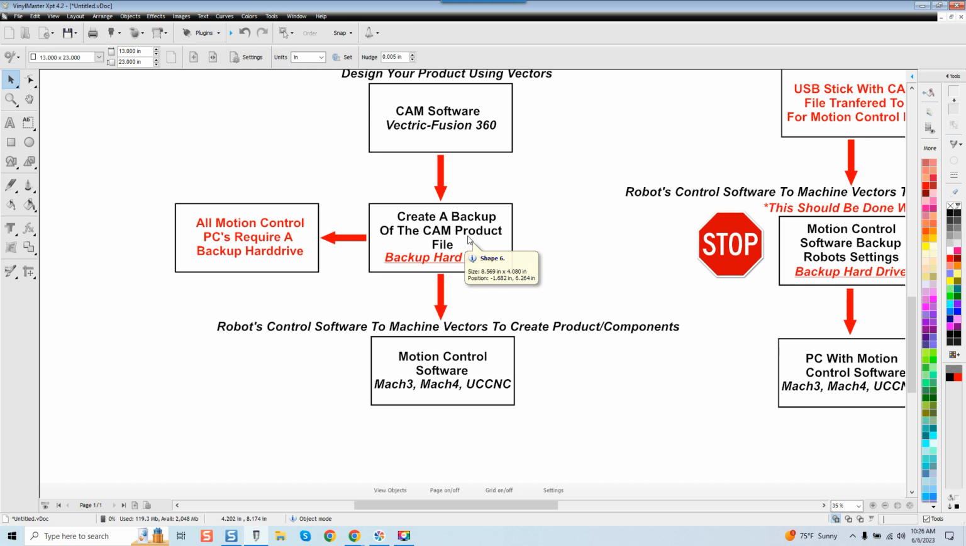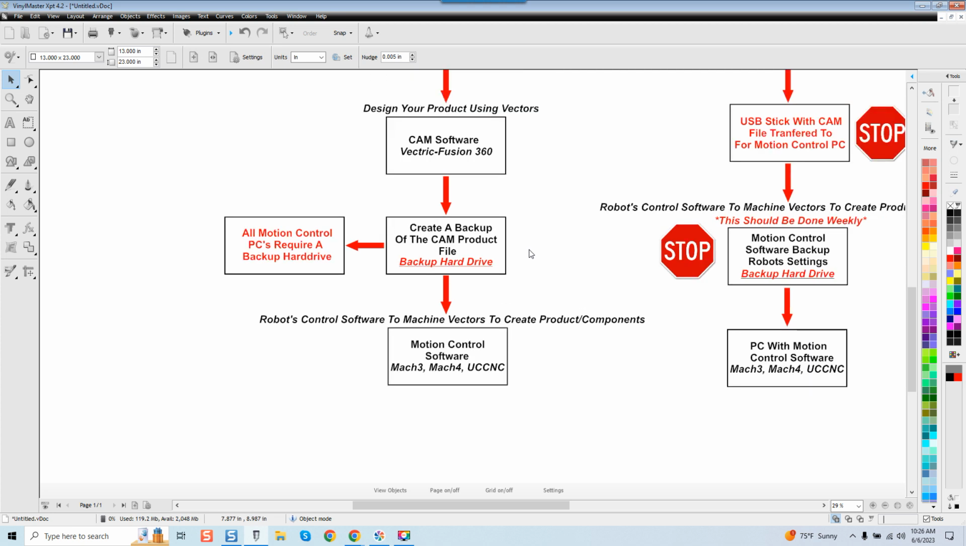So I'm telling you right now, there is no reason not to have 2 hard drives, preferably the Samsung solid state drives. And then on top of that, no reason not to have both your CAM file and, again, the motion control settings saved. Final step is robot control software to machine vectors to create product and components, and that will be